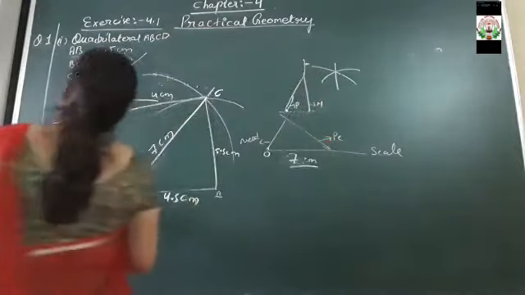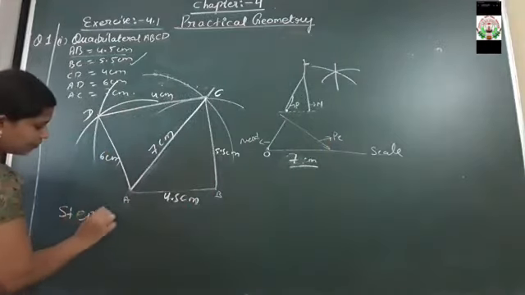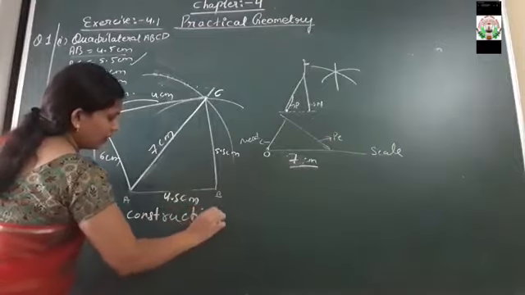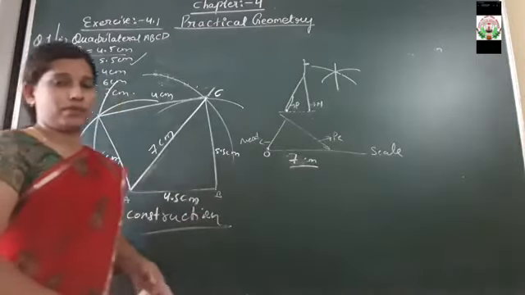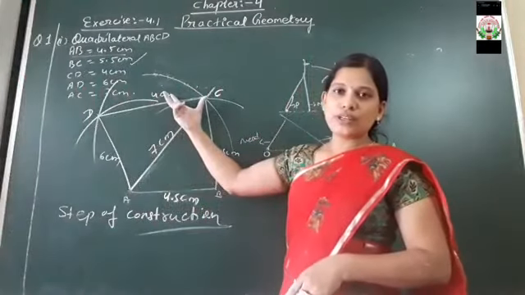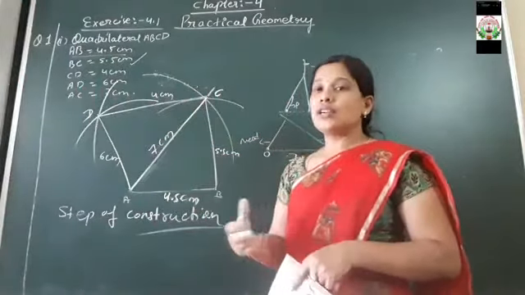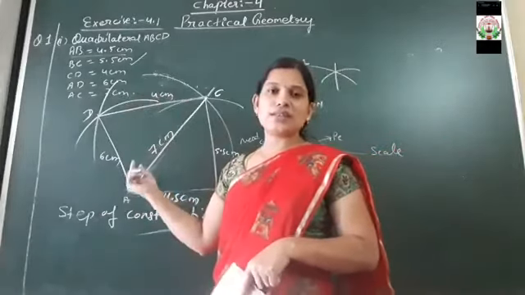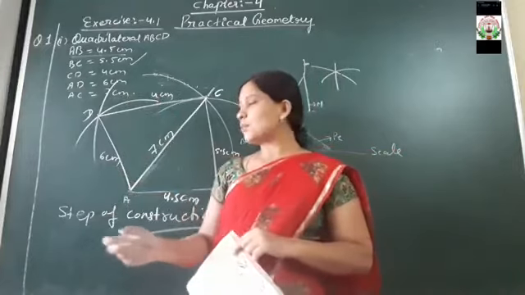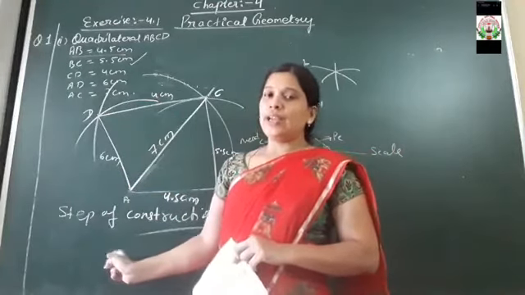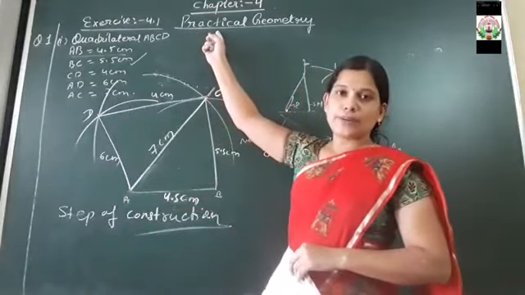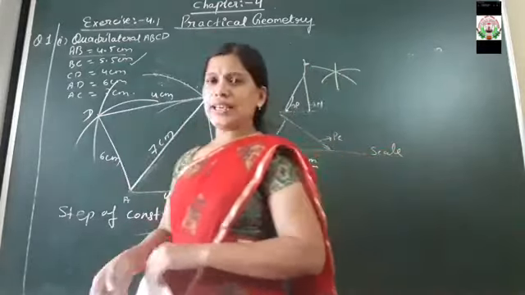After constructing this, student, you have to write the steps of construction. Here you have to write the steps of construction. What you have to write in the step of construction? Whichever method we applied over here, that method you have to write in words. जो प्रोसेस हमने किया है यहाँ पर कंस्ट्रक्ट करने का, जो जो काम किया है उस काम को आपको अपने own sentences में यहाँ step of construction में लिखना है। It is very important to write step of construction in the practical geometry chapter. Clear everyone? Next question we are going to do.